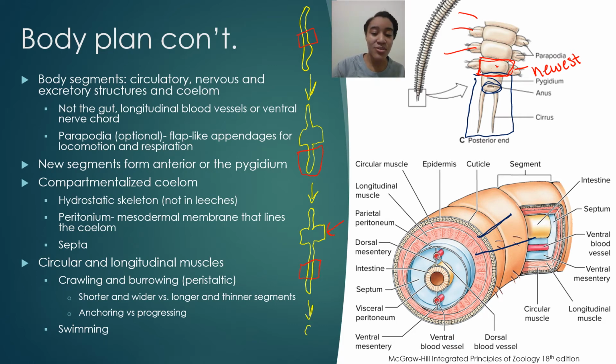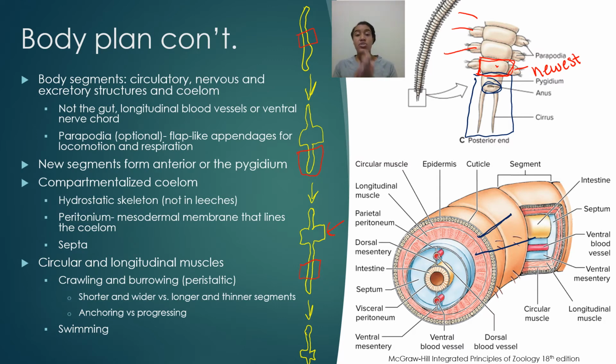Let's see, posterior region, anterior region, head. Okay. These are very, very poor drawings. I'm trying my best. As I said, I definitely recommend looking at the video of the earthworm crawling. It will make a lot more sense once you see it, how certain muscles, in order to move forward, need